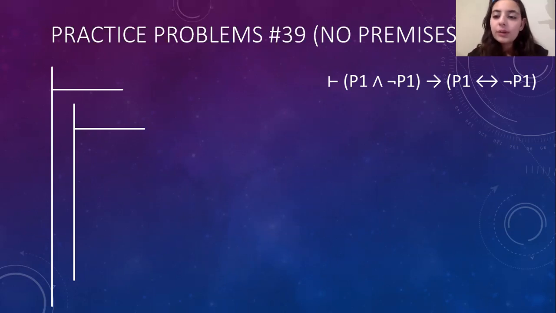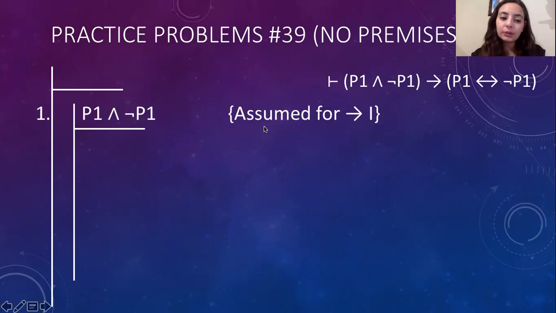Well, we know that in our rule, if I'm trying to introduce something, I'm looking at my main connective, and I know that according to my rules for conditional introduction, I need a subproof where I just take the left-hand side, and I'm trying to get at the end the right-hand side, and that's exactly what I'm going to do. So I'm going to assume P1 and not P1